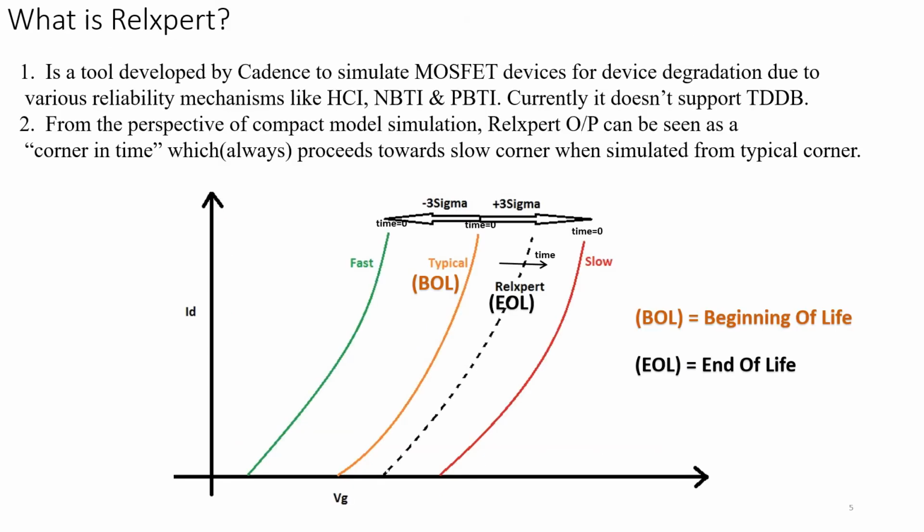Now, okay, let's say you model NBTI, you model PBTI, and then you also model something called hot carrier degradation, which is basically injection of hot carriers into the gate oxide, which causes threshold voltage degradation and also mobility degradation because of the increased carrier scattering. So if you consider all of these processes such as HCI, NBTI, PBTI, and let's say you want to simulate all these three reliability mechanisms on your RF